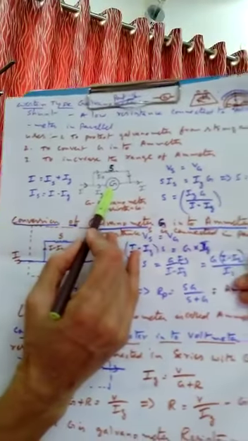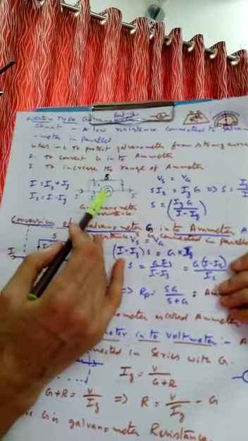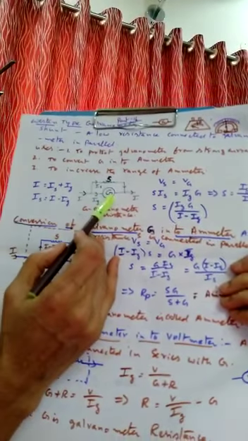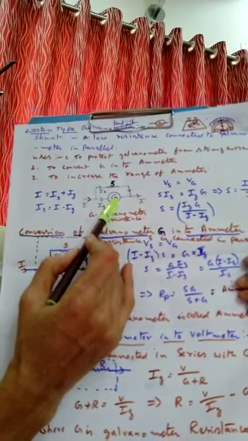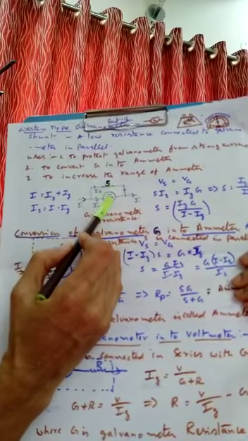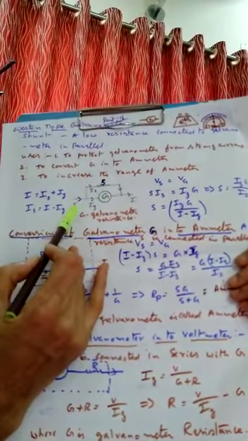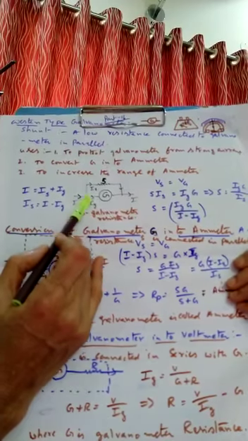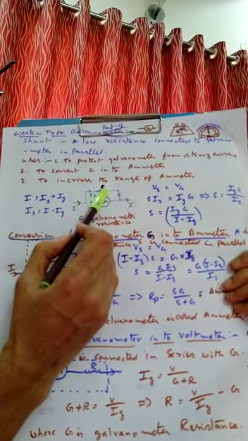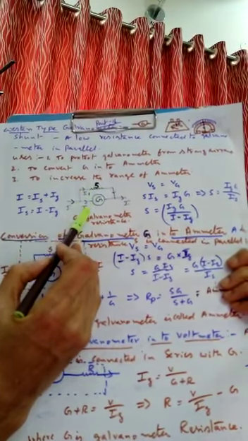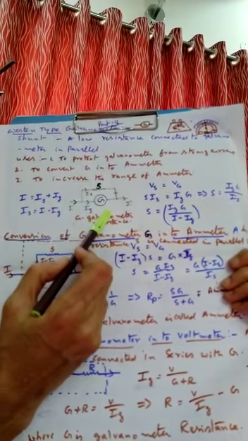So let us find out the value of the low resistance shunt with the help of a circuit diagram. This is G, the symbol of the Western type galvanometer. In this topic, capital G is the resistance of the galvanometer, symbol and resistance both. And S is the shunt resistance connected in parallel to the galvanometer. If total current I is passing, after reaching this point, Ig is the current flowing through the galvanometer and Is is the current flowing through the shunt. You know that Is is equal to I minus Ig.